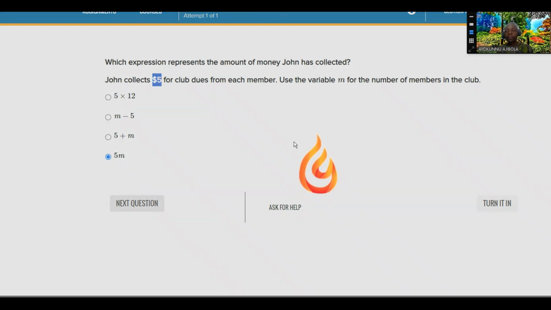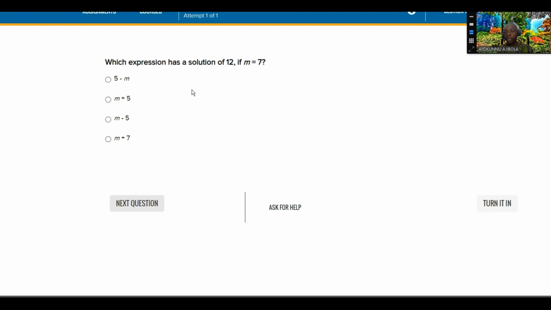Okay. Then, which expression has a solution of 12 if M is 7? 5 minus 7 cannot give us 12. 5 plus 7 can give us 12. Yes. So 7 plus 5. Okay? And 7 plus 7 cannot give us 12. So